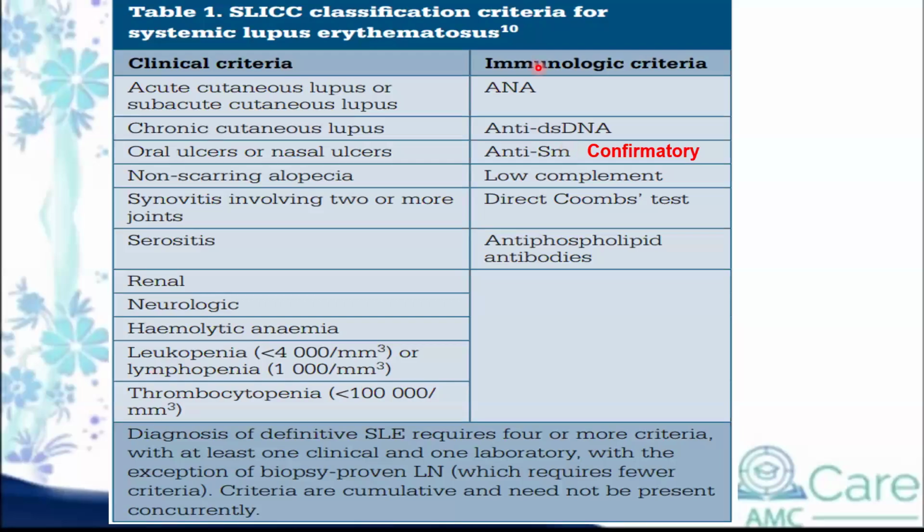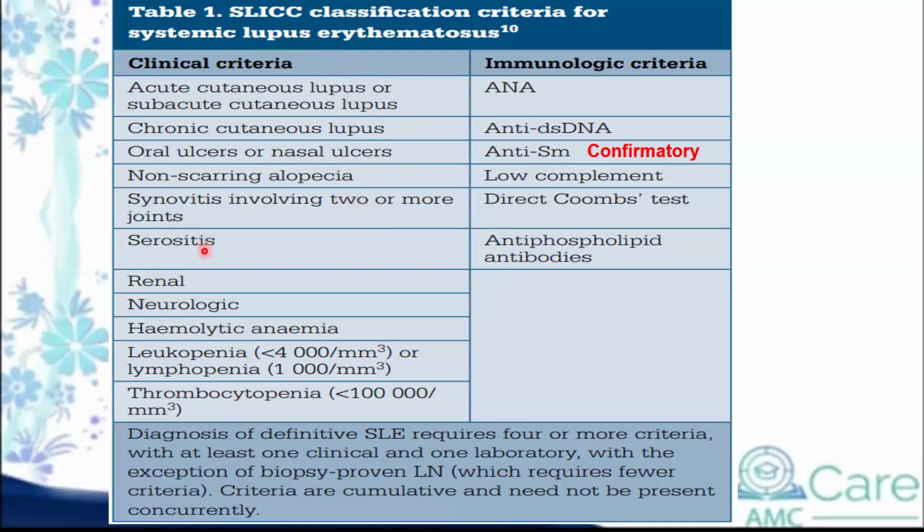So again, in SLE, what you need to know, there's some clinical criteria that you go by, right? First thing, it affects females mostly, and the ratio of female to male is 9:1, right? And you get some cutaneous manifestations, oral ulcers, the alopecia, right? And then joint involvement, right? Synovitis, so inflammatory joint involvements.